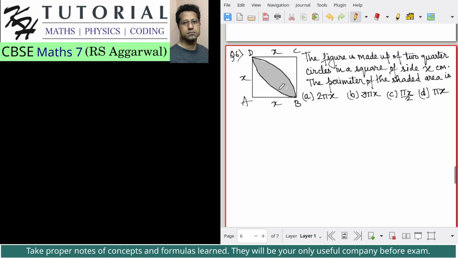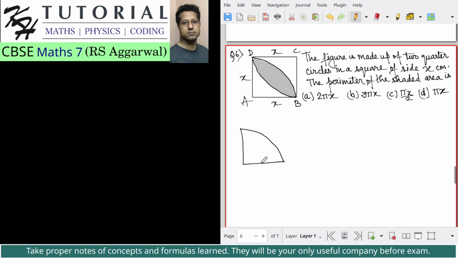Now the figure is made up of two quarter circles in a square of side x centimeter. So basically one quarter circle, we know that a quarter circle is one fourth of a circle, or a sector where the central angle is 90 degree. So clearly we can see that one quarter circle is this one. This is one quarter circle,